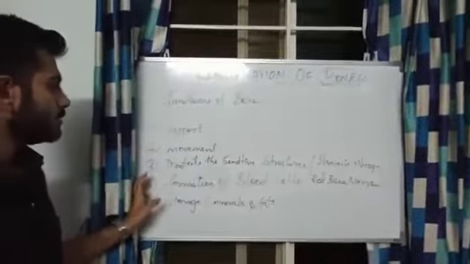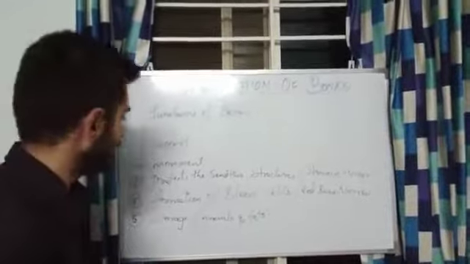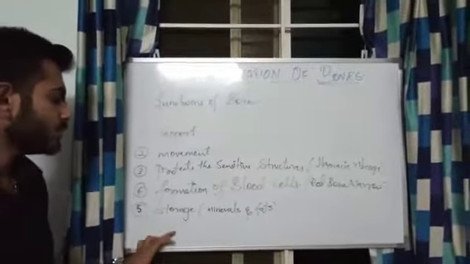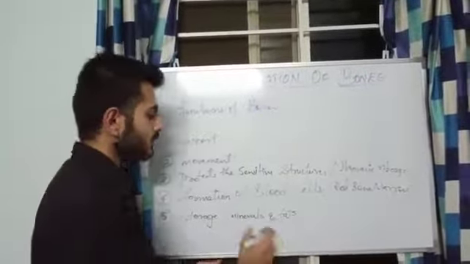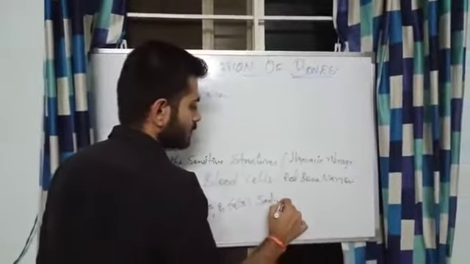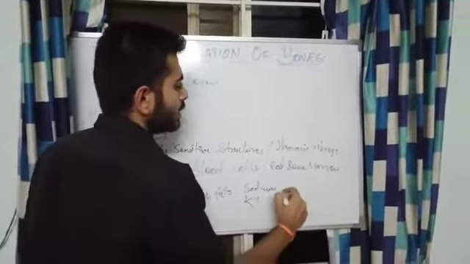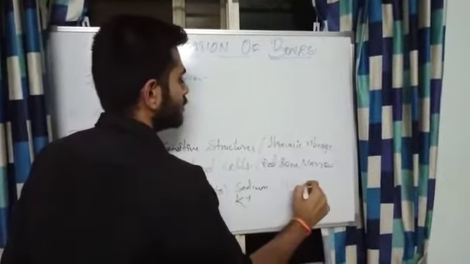Next, the major function of bones is formation of the blood cells. As we know, in the later videos we will be seeing the structure of the bones. It has a red bone marrow which is helpful in the production of red blood cells. The last function of bones is storage. Storage in the forms of minerals and fats. Here I mean minerals, that is it can be sodium, potassium, phosphorus and magnesium, etc.